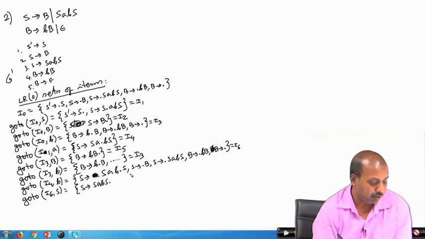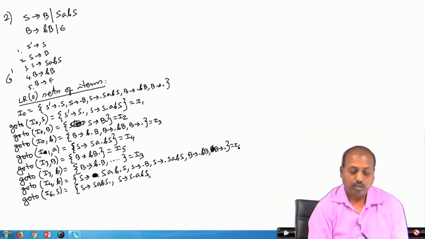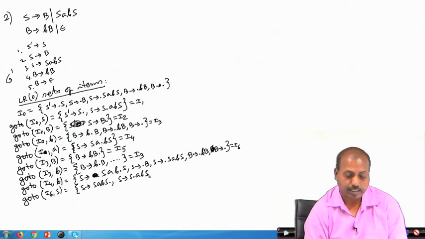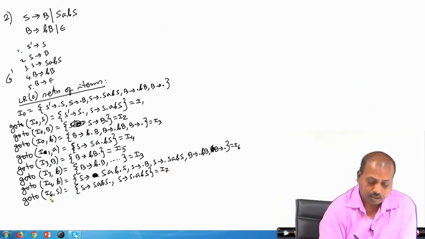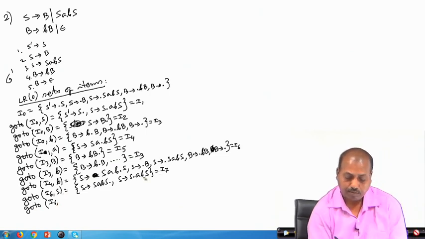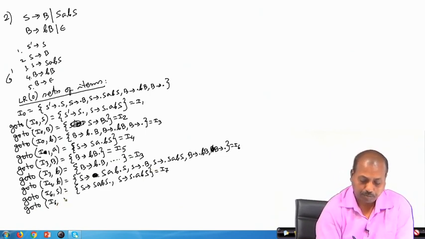Then I will have S producing S dot A B S. Okay. So, these two will be I6 S. So, that is our I7, and then go to I6 on capital B.